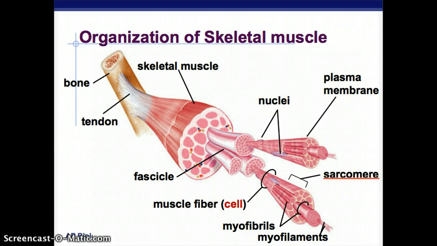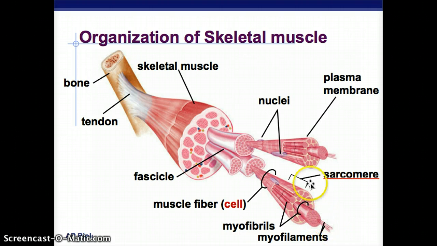So the organization of skeletal muscle. Here we've got a bone, and then we've got a tendon, right? Because tendons attach bone to muscle. Here's our skeletal muscle. It breaks down into these fascicles, and then this is a muscle fiber right here. See, we're pulling out from here. Then we have myofibrils, which are even smaller little divisions, and then myofilaments, which are even tinier ones that come